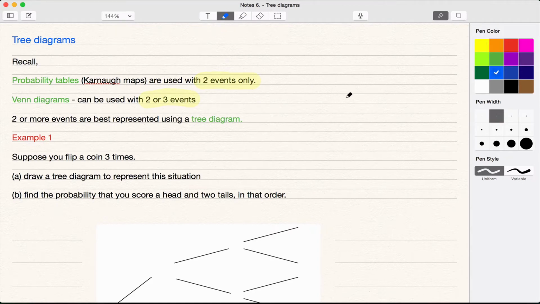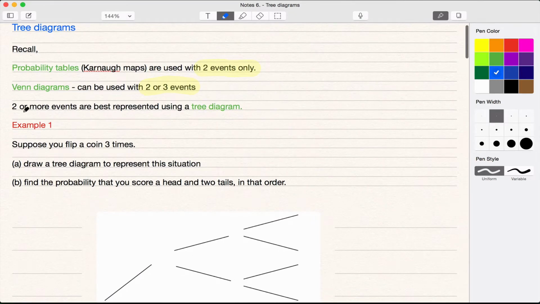You could use them with more, but that would be difficult because you'd have to draw your four circles all intersecting, and it would be hard to see the different intersections. What we're going to look at today is best for two or more events,